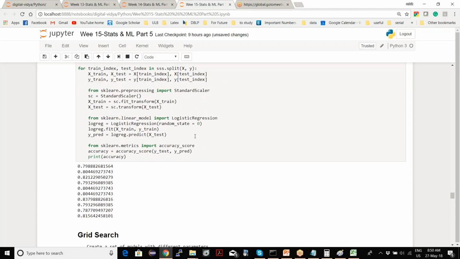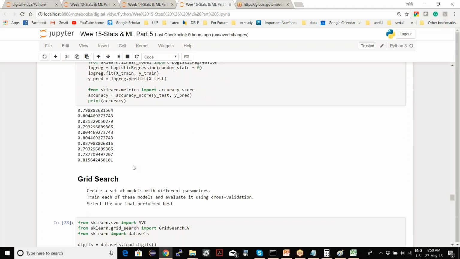Good. So now we are moving to another concept called grid search. The problem now is, you have 10 different models and you want to find the best model, right? One way is you do the cross validation approach on 10 different models yourself, and then pick the best model, seeing which one gives the best accuracy. Or you can use something called grid search.